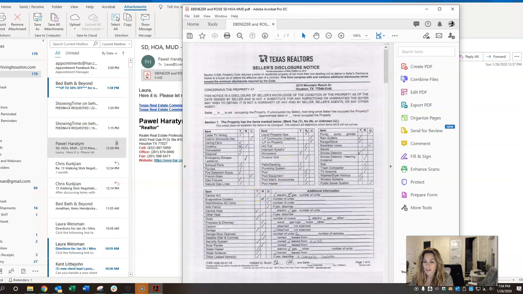But after my client signs this in DocuSign, DocuSign is going to recognize this as one file. It will not save it as a seller's disclosure and then a separate MUD and a separate HOA, because I originally took it in there as one big file. So what I want to do is be proactive and go ahead and separate this now, because if I upload this whole thing, all 7 of these pages, and get them signed by DocuSign,